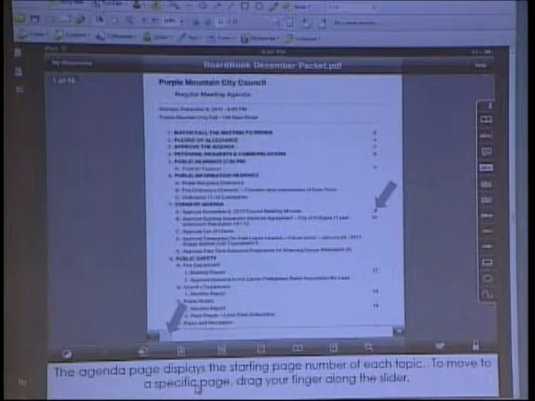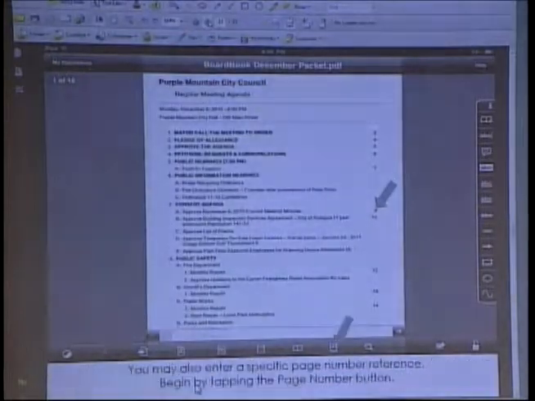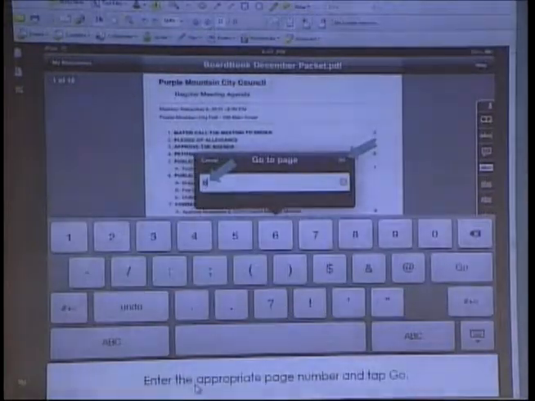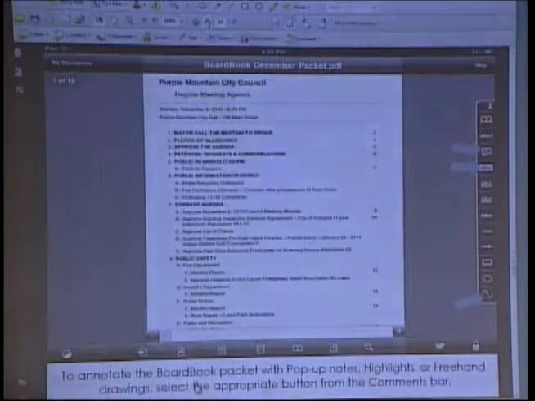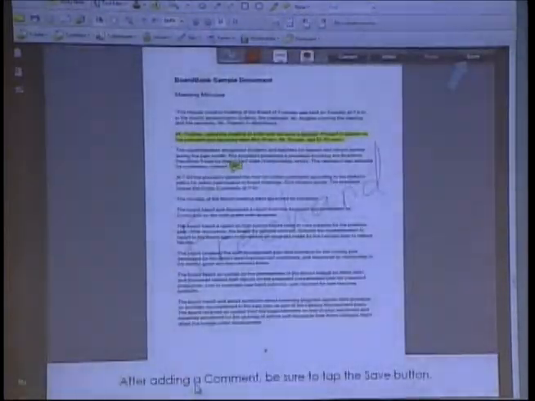And then over here on the right-hand side, you have commenting tools. You can annotate a packet just like we were doing live with Adobe. I can add sticky notes, highlights. With my finger, I wrote the word freehand across this page.